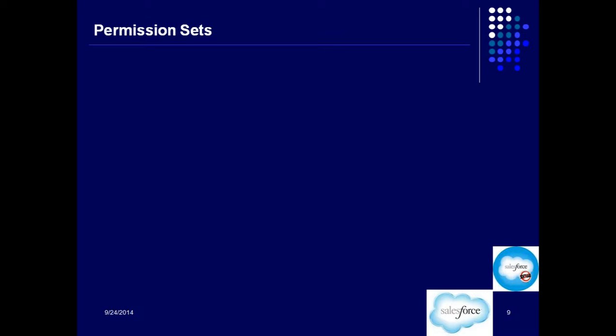Like in your mobile phone, you have a base pack and after that you have add-on packs, right? So permission set is like an add-on. The administrator can put a few permissions in the permission set as an add-on pack and give it to me. So a permission set can be assigned to an individual user. Got it? It's a set of a few permissions which can be put together and given to the user. So permission sets are usually used for any additional requirements that a user has which are not available in the profile, and other people in the profile do not need it. In that kind of situation, we will use a permission set.